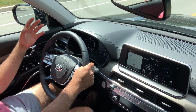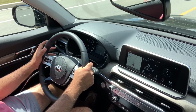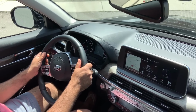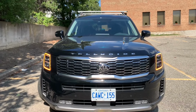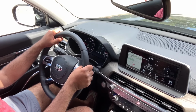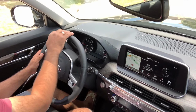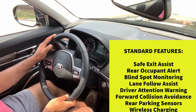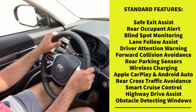And initially I was surprised with the quality of it, because growing up, Kia didn't really have the best reputation, with growing pains like any new manufacturer. But they've really gone full tilt as far as producing quality, affordable vehicles. And Kia's trademark is just to jam as much stuff into a vehicle as possible for a very realistic price. So my segue for that is, standard features are Apple CarPlay and Android Auto and wireless charging and the